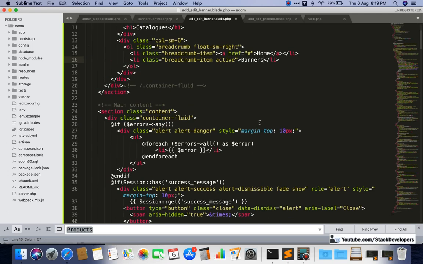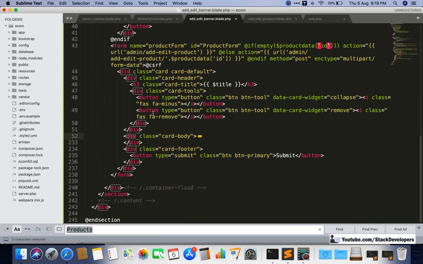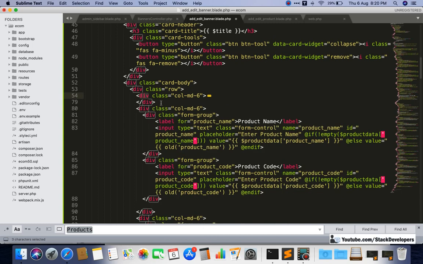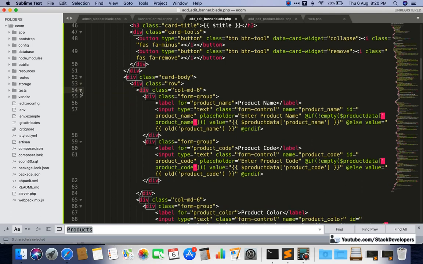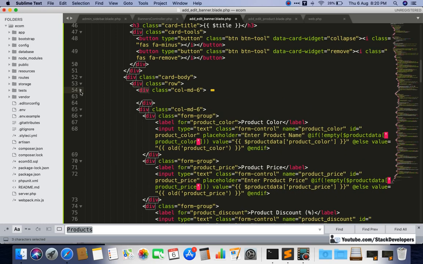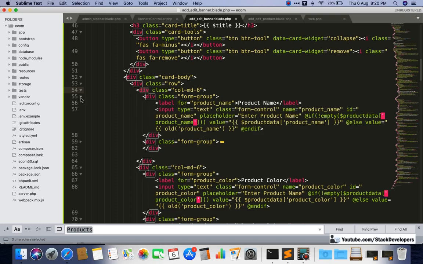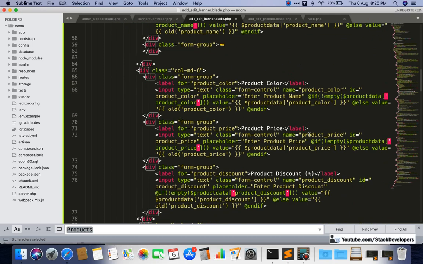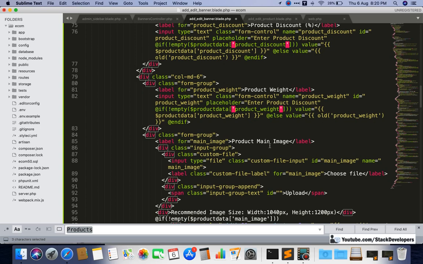Banners, and we can remove the unwanted code. Okay, it will take some time. We need to remove the unwanted code very carefully. Okay, so here we are going to make changes, and this one we can use for our banner image.